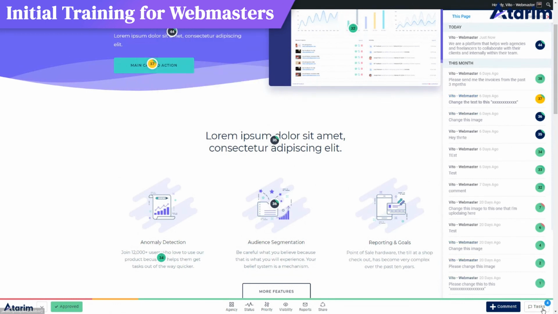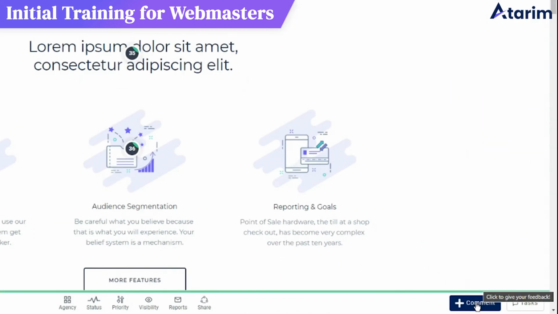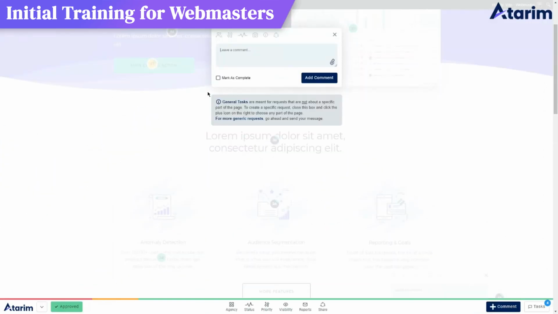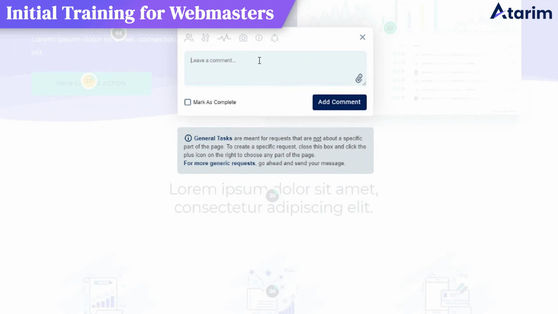Let's close the sidebar for now. Clicking on the plus icon, you will find that there is a general button right here. This will create a general request that will open a pop-up in the center of the screen where you and your clients can discuss more generic requests. For example,